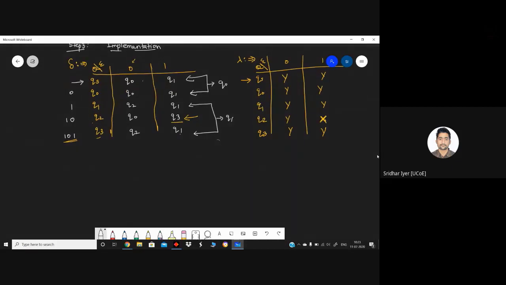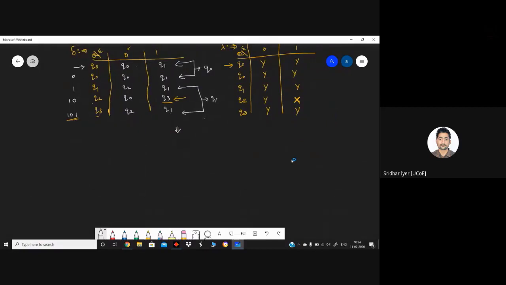After merging the states, you need to redraw or reconstruct both the tables, because you are merging it up. So I'm quickly drawing it over here. This is the first question, so I'm going intentionally slow. Okay, so we have merged QS and Q0 into Q0. So I have written Q0 over here. Let's complete the transitions also. Over here, Q0 and Q1 are present. So I will write Q0 and Q1.